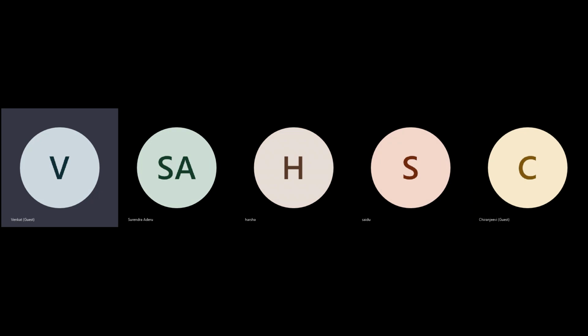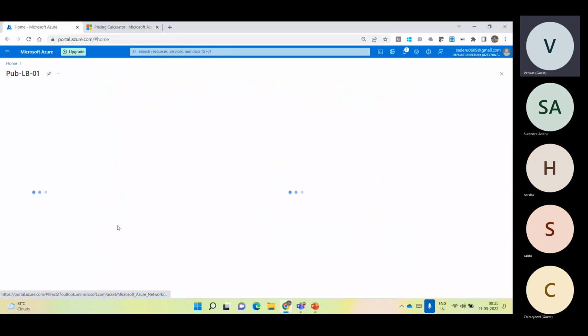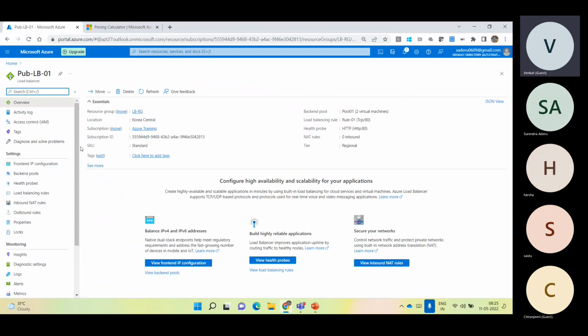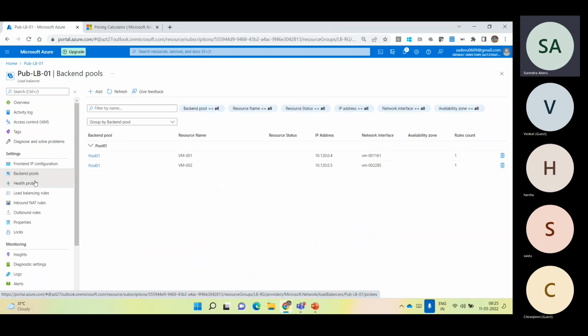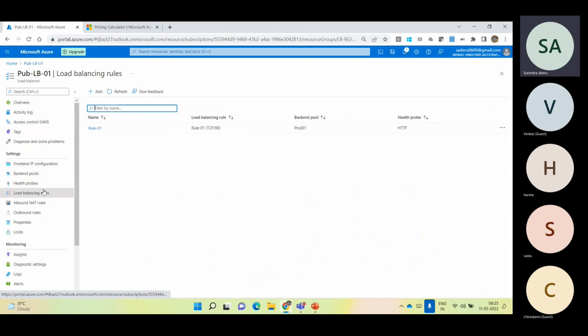So while creating this load balancer concept, do we need to do it manually while segregating traffic via VNets, via virtual machines? No, manually in the sense this load balancer setup. When you have multiple VMs serving one application, adding to the backend pools, configuring the health probes, creating the load balancer rules, this has to be